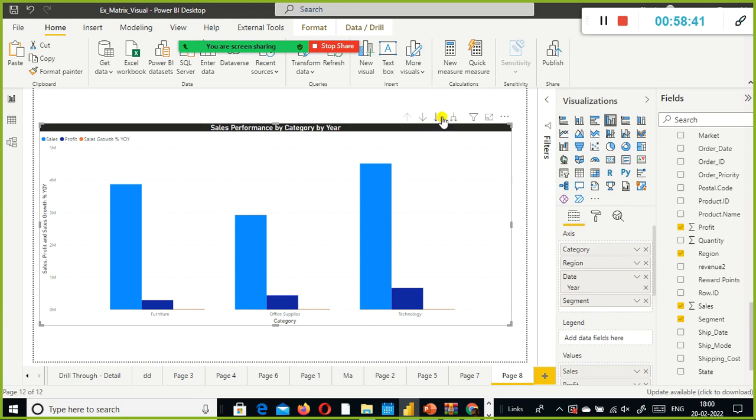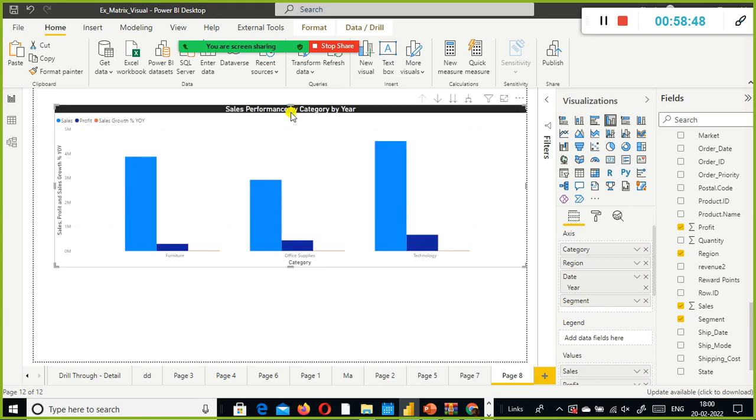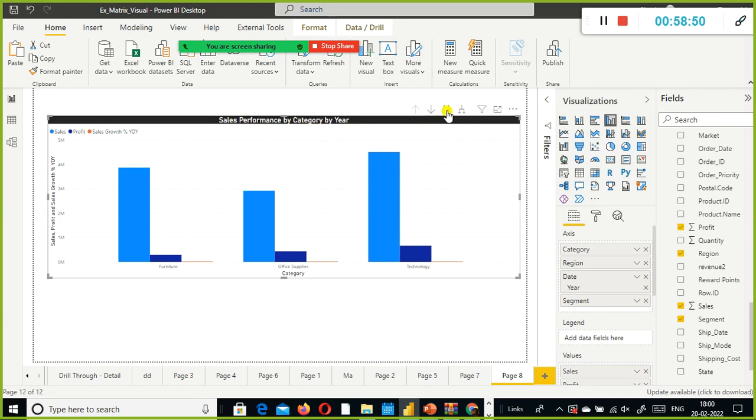And what is this one here? This icon is nothing but go to the next level in the hierarchy. What is the next level? Region.